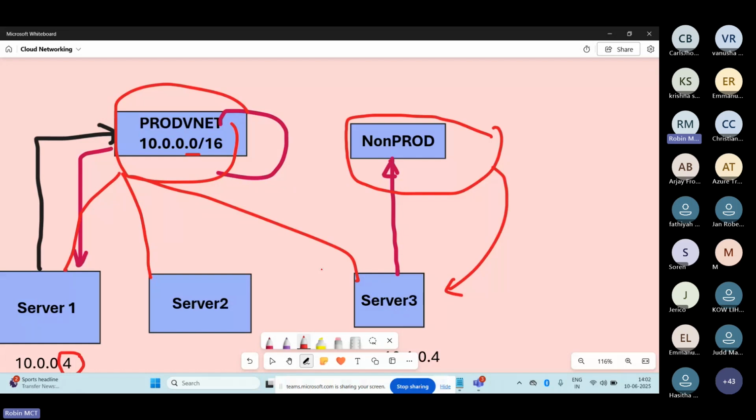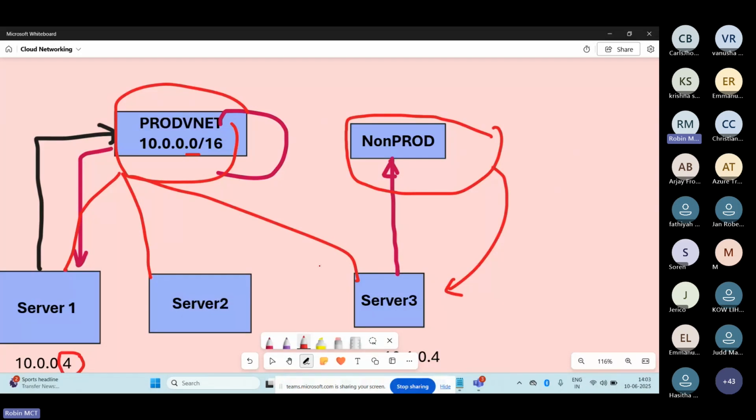So a subnet is nothing but logically dividing your network or VNet for better administration or better isolation. That is generally known as a subnet here. For example, if you have 65,000, again you are making small chunks of units, or based on the life cycle of the requirement, you are making small subunits here.